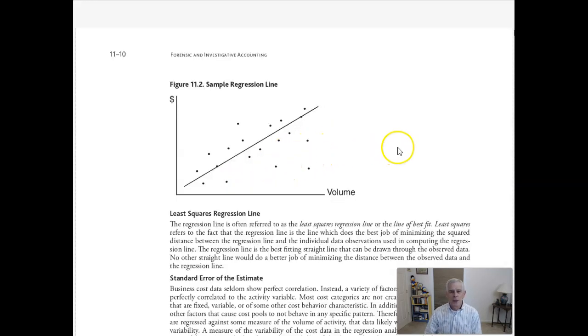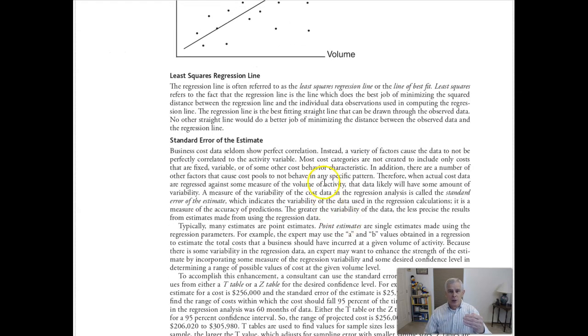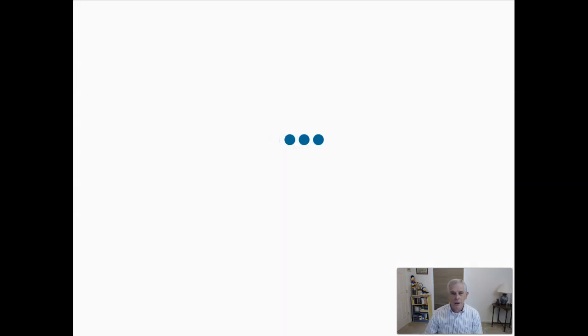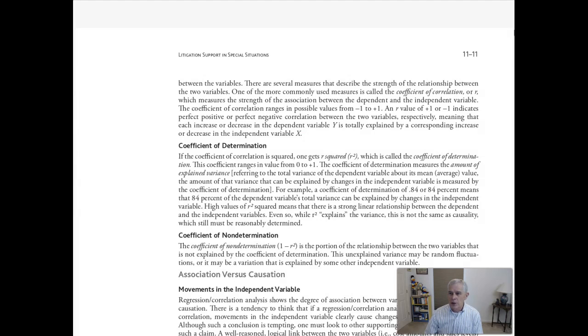This is a regression line when you get into plotting the points. Computer models will do this. Financial calculators will do this also. So I'm not going to get into all these steps here in regression. Again, hopefully you've had it. It's just plugging the data you have, all the data points you have, into the regression model, and then they give you this line. They tell you what part's variable, what part's fixed. So I'll let you read through this yourself.